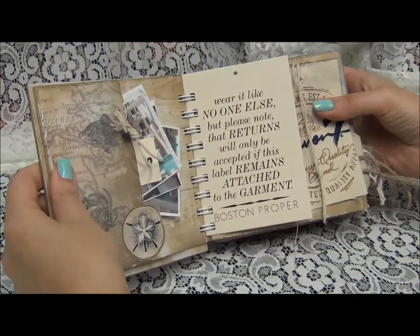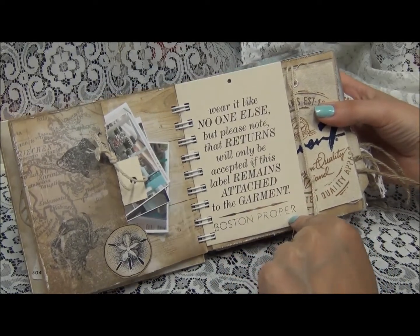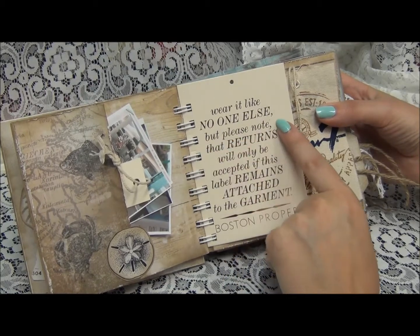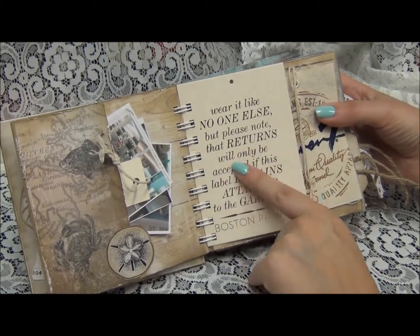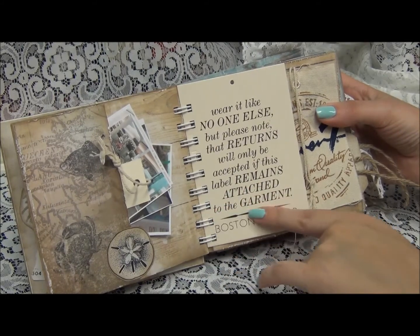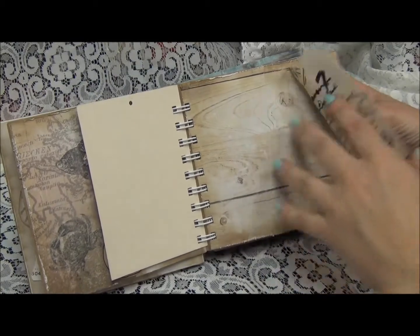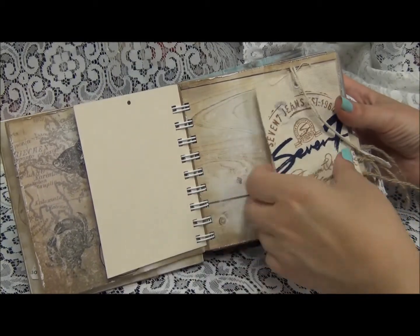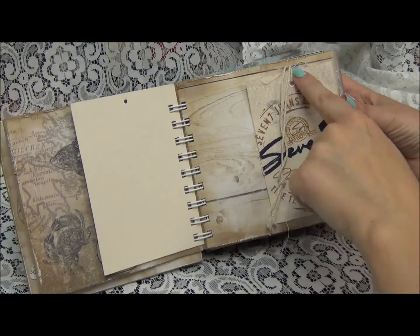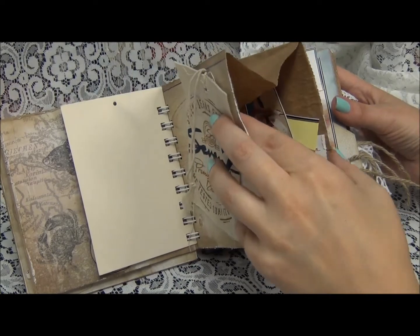And this is, I had a couple of tags in my stash, and this is from Boston Proper. Wear it like no one else, but please know that returns will only be accepted if this label remains attached to the garment. Boston Proper. So I was thinking that's so appropriate, and she can do some journaling in here. This is just the tag from some other clothes. I just stapled it in, and so here are the